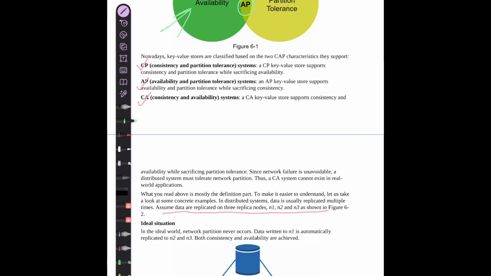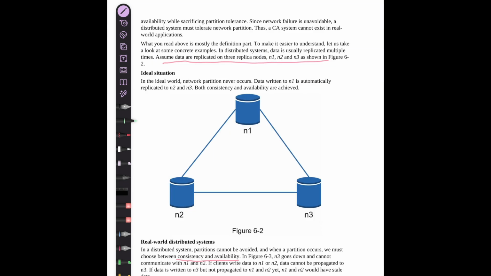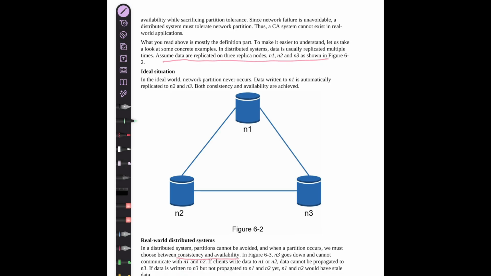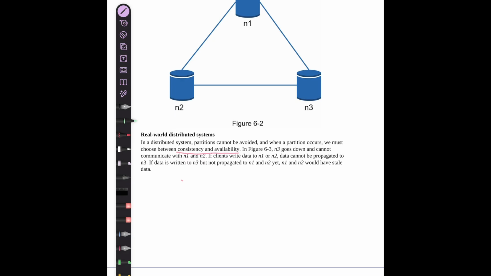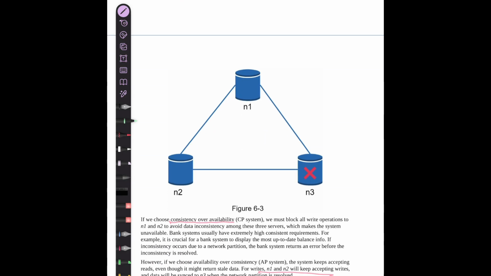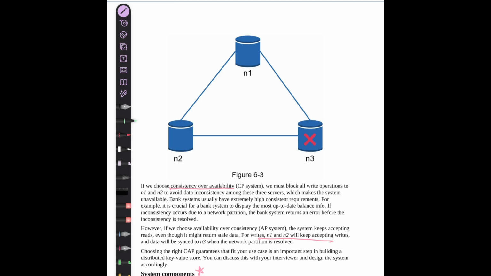Okay? And this is what we talked about, the ideal situation. The ideal situation never exists. In a real world distributed system, you need to choose about letting go of something, because network failure can always occur and you can't prevent that easily. So now it's your preference what you need to focus on.